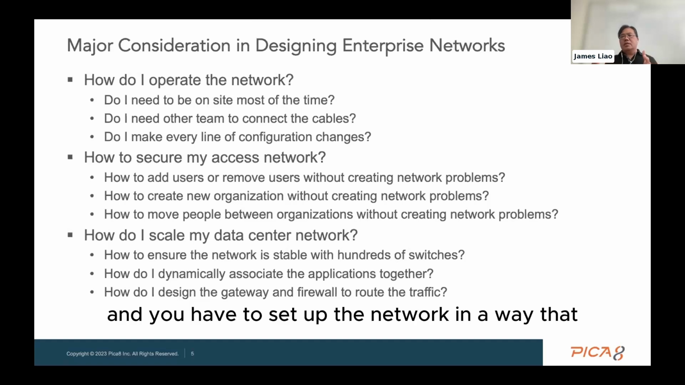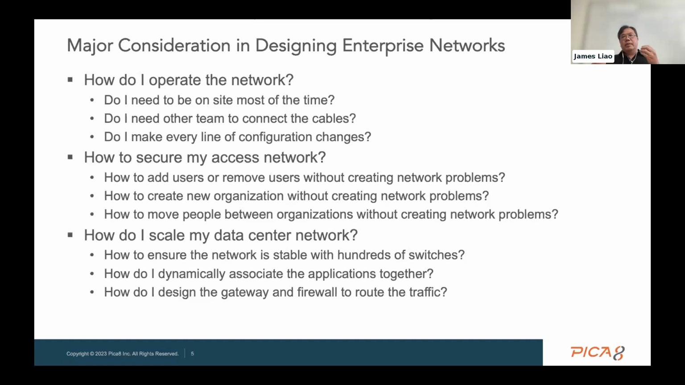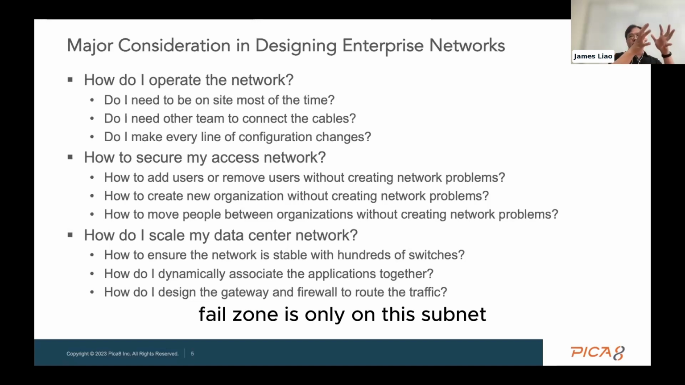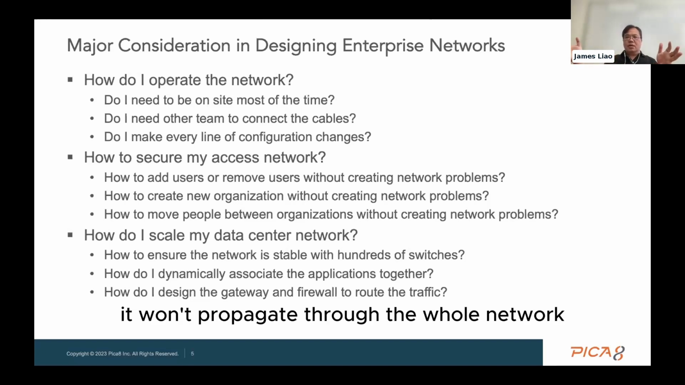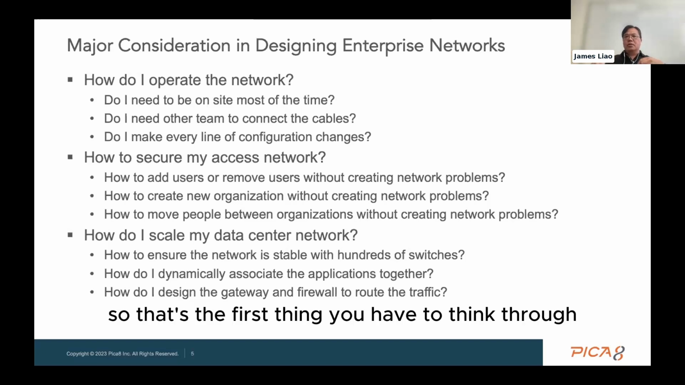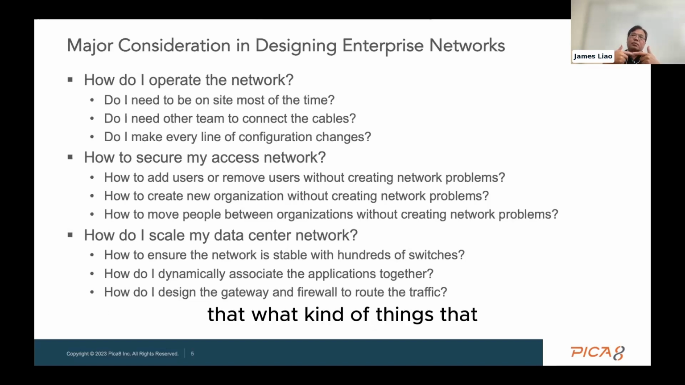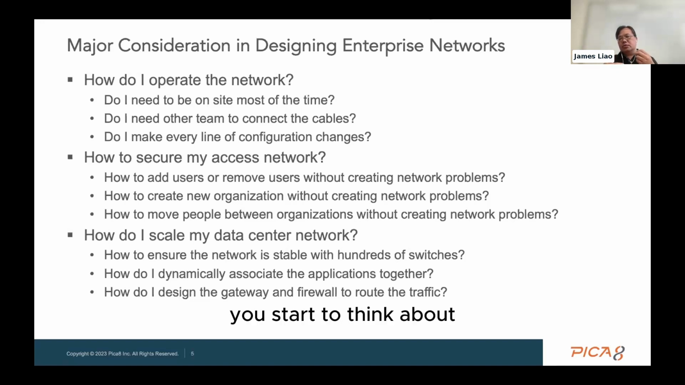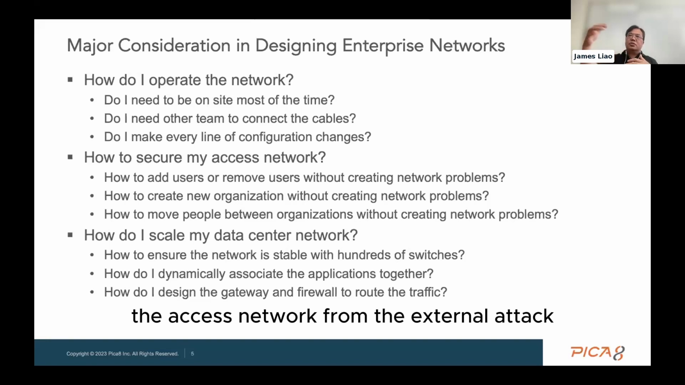And you have to set up the network in a way that if you make one line of change, the fail zone is only on this subnet. It won't propagate through the whole network and bring down the whole network. So that's the first thing you have to think through: how am I going to operate the network? And then from there, you start to think about, how do I secure my access network? Because on the access side, it's not only that you have to protect the access network from the external attack,